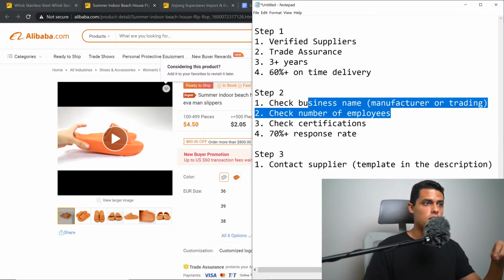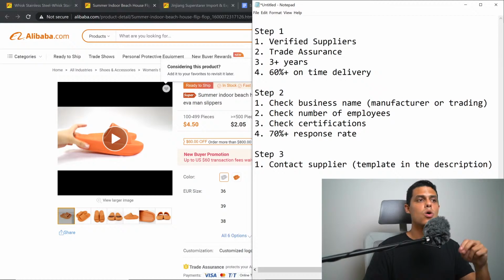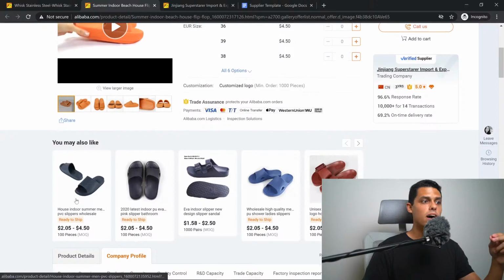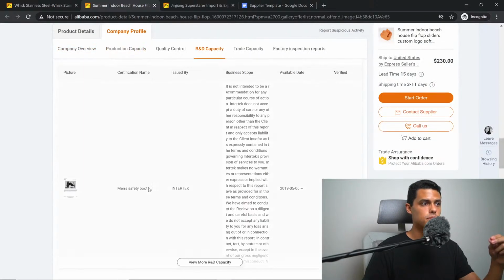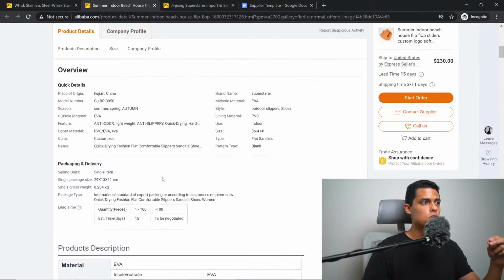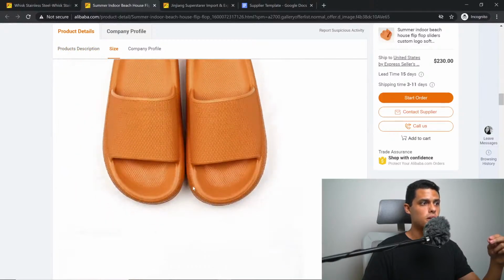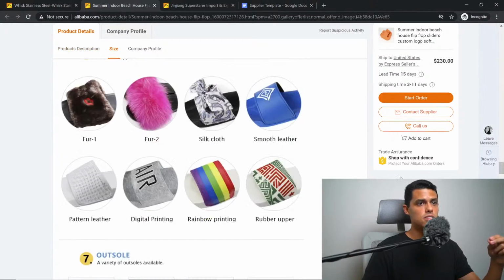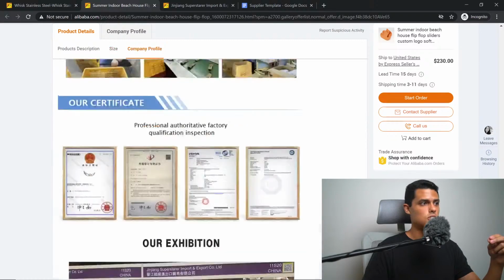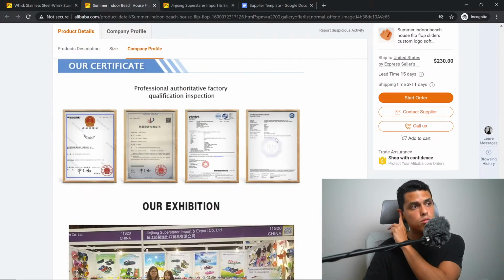We check the number of employees, then we check the certification. This is super important, and this is something that you need to ask when you are sending your first inquiries to the supplier. They'll have the certifications right here, okay? Usually they have it when you click the product details. You'll have a window that talks about the certifications of the product, and also in the company's information you'll have the certification right here. So you see it, our certificates. So you go ahead and research